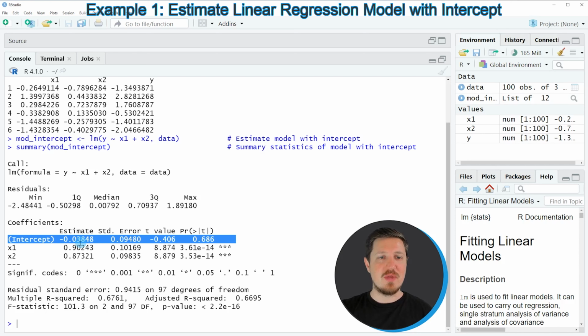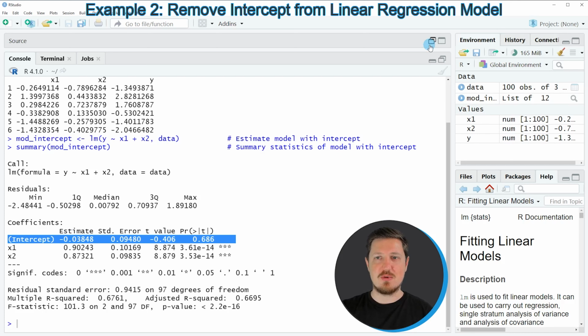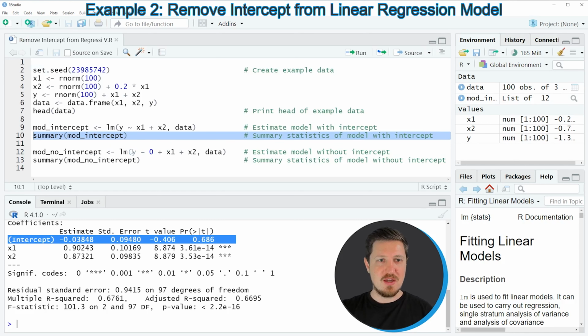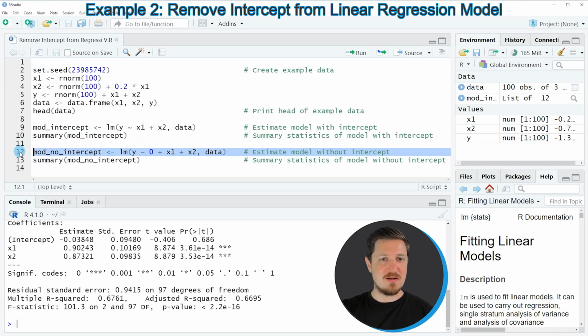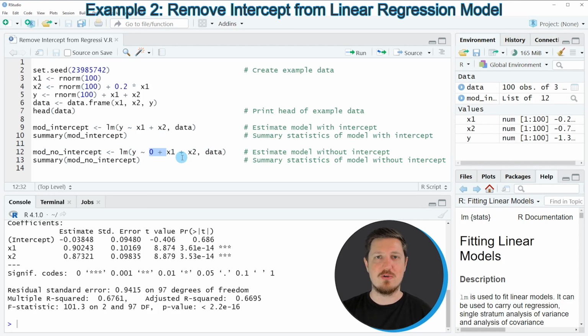So let's assume that we want to remove this intercept from our regression model. Then we can apply the code that you can see in line 12. In this line of code, I'm basically using the same syntax as in the previous code. However, this time I'm also adding 0 plus in front of our predictor variables.